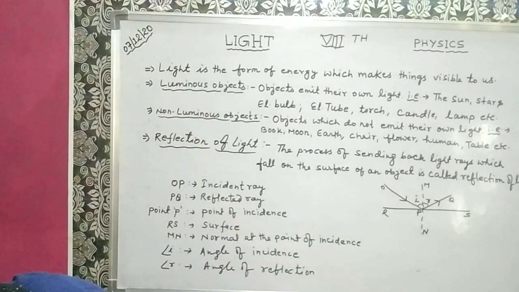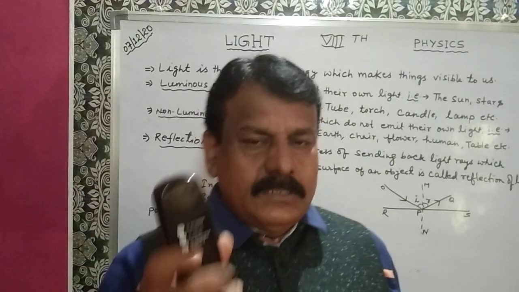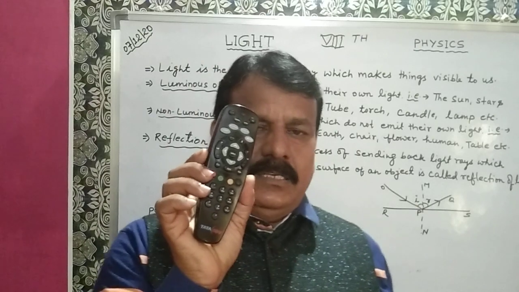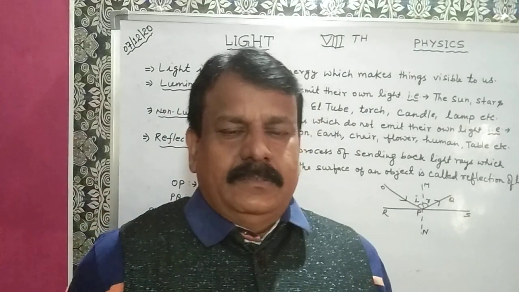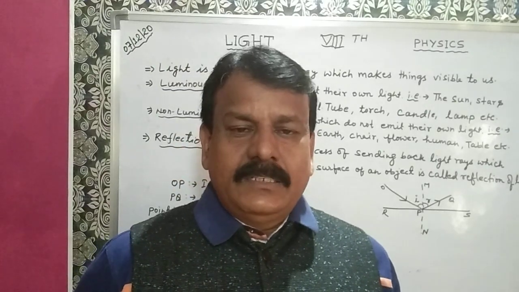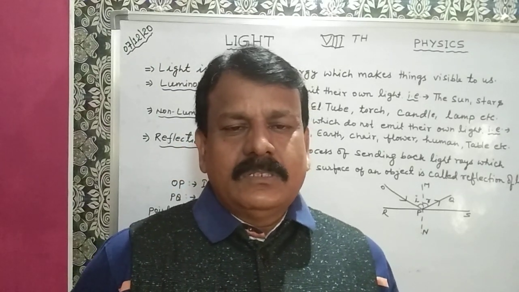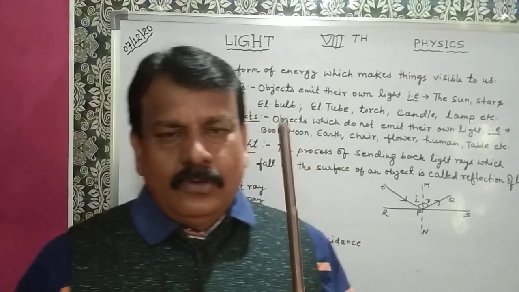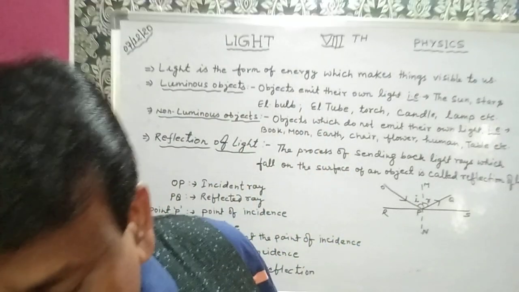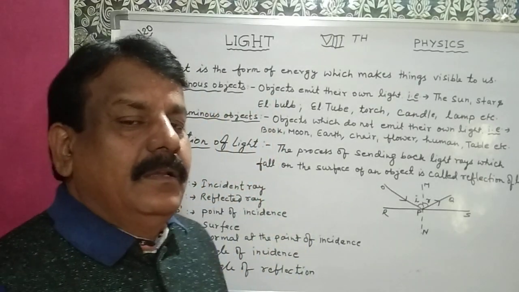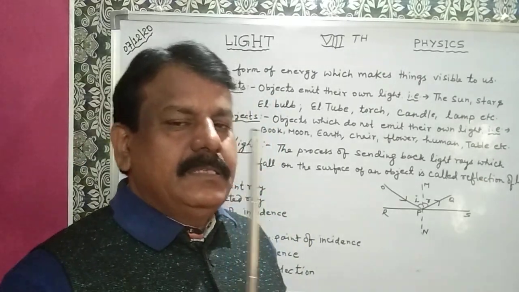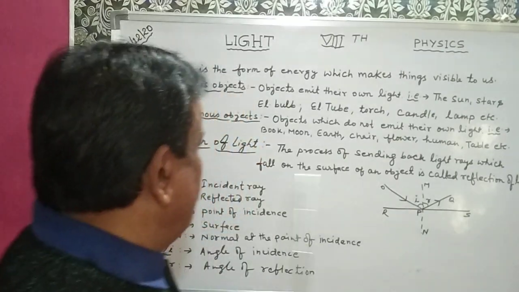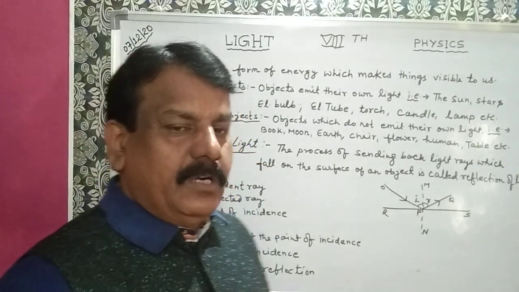Similarly, just go through this. This is a remote control, you all can see it, but if I hide it behind my back, light is still falling and reflecting, but you can't see it. What is the reason? The reflected light from that object is not coming to your eyes. So reflected light should come to our eyes, then only we can see the objects. So the reflection part is very important.